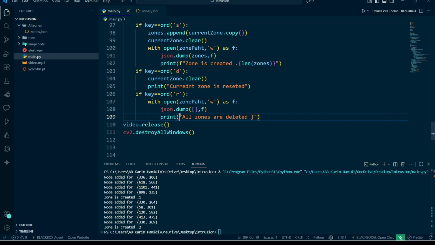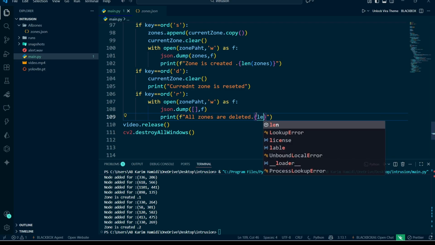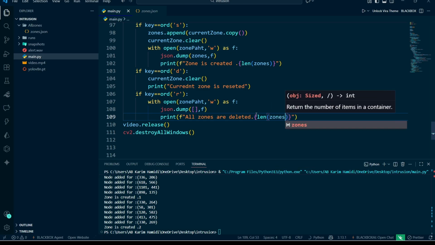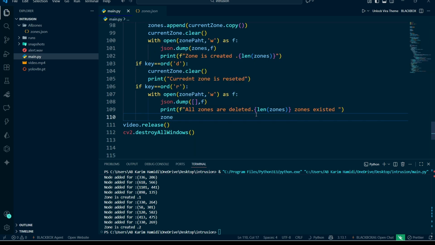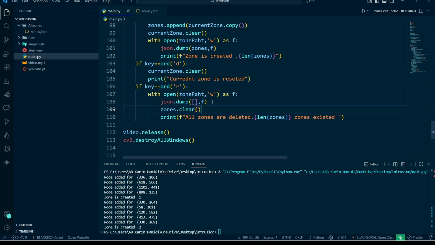And we also can check len zones existed, and we can clear the zones list, zones.clear. Yeah, great. It should be after this. Yeah, it's much better. Now if I test,